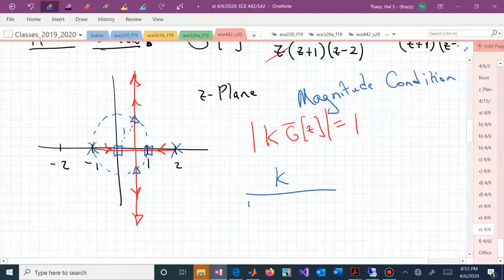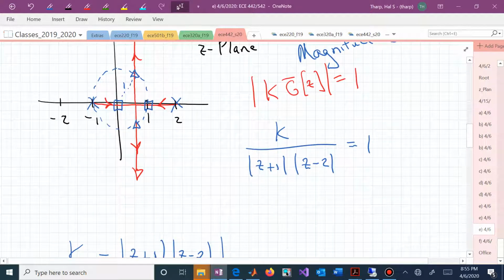We now have the magnitude of the denominator, which was z plus 1 times z minus 2. But the magnitude of a product is the product of the magnitudes, so we can look at the magnitude of the factor z plus 1 times the magnitude of the factor z minus 2, and that has to equal 1. We can now solve that for k,